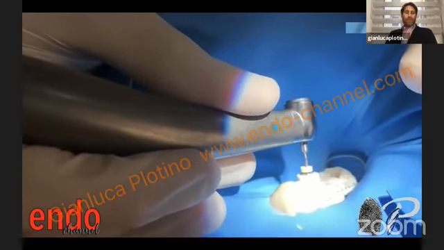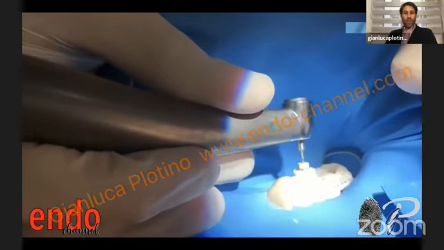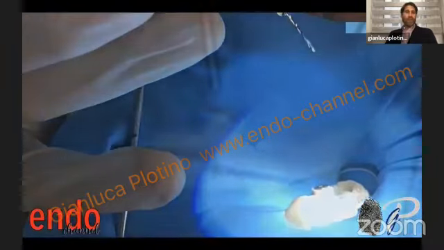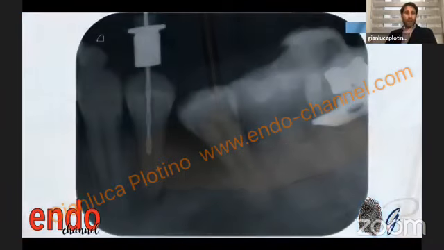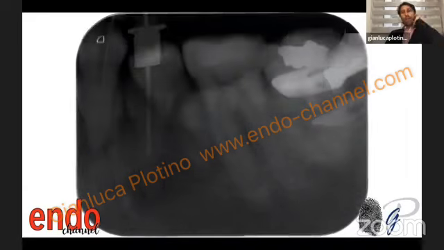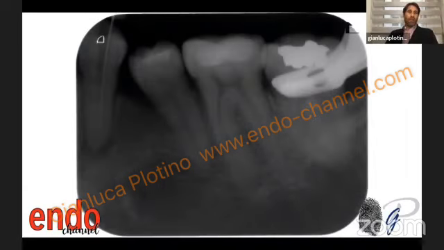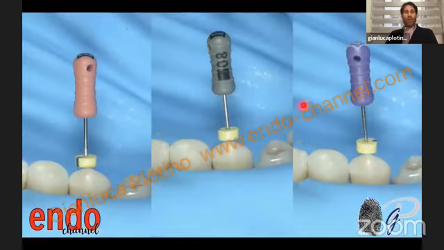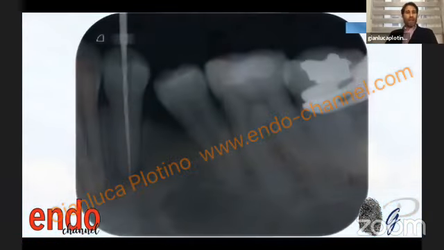And this is the point where I reached the rubber stop. When I inserted the burr, it was at this point, and I found the root canal at this point, with a little bit of deviation in the coronal portion, as you will see in the next final radiograph.